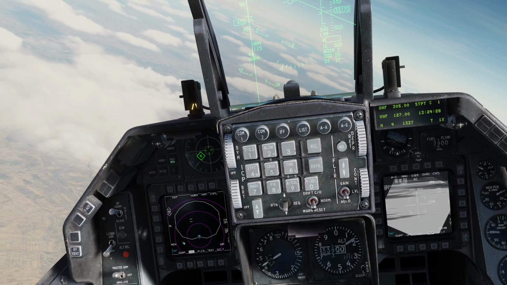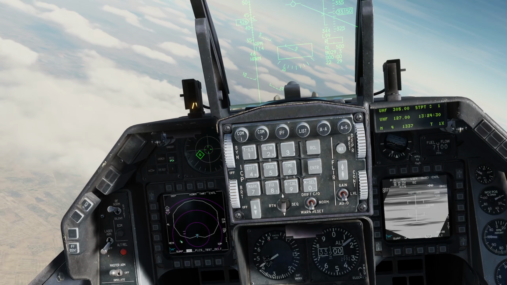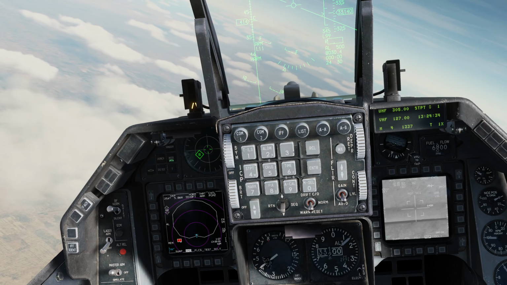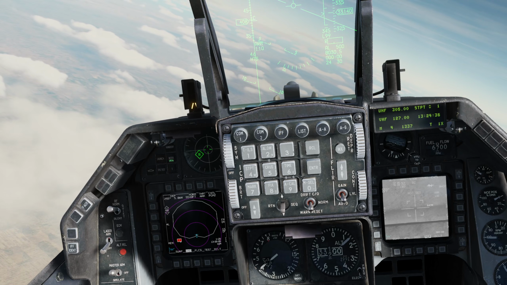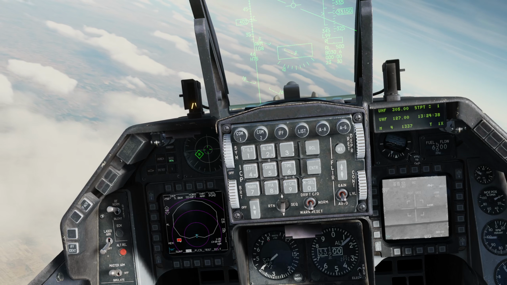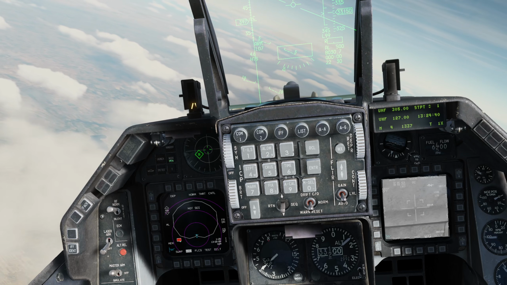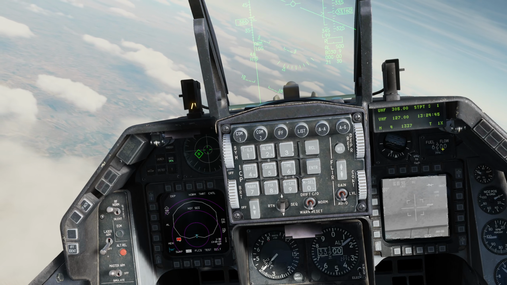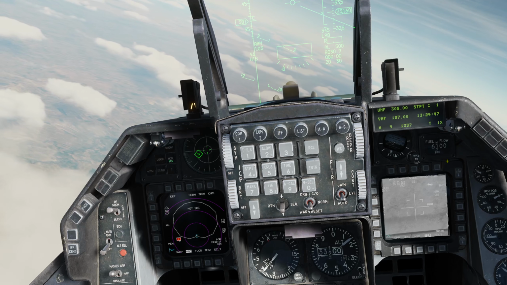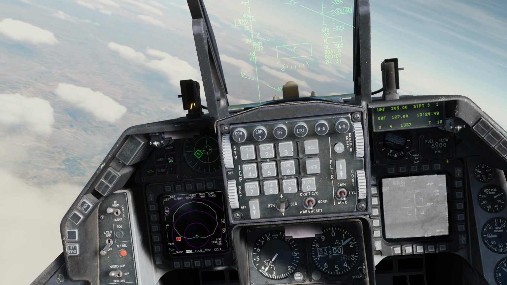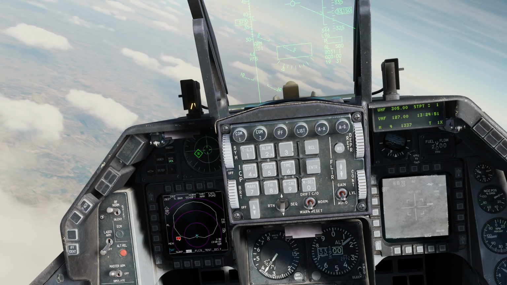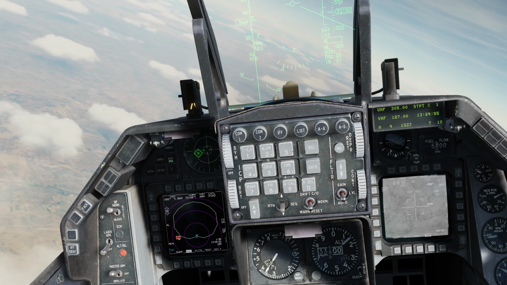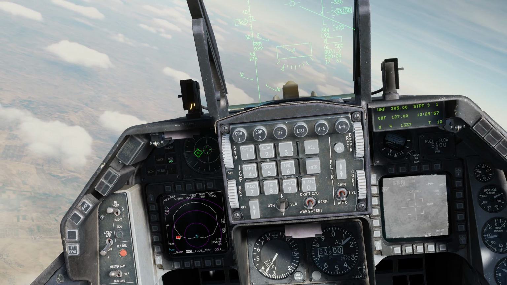And actually, I'm going to set sensor of interest to the HAD again, and let's just TMS forward on that SA2. There we go. Okay, so it's now looking directly at the SA2 site, and you can see it's turned red. It's done another handoff to the other HARM missile that I have, but of course we're not going to fire that. Another little thing to note while we're coming around to take a look, while I've got that SA2 site hooked, if I press TMS right,